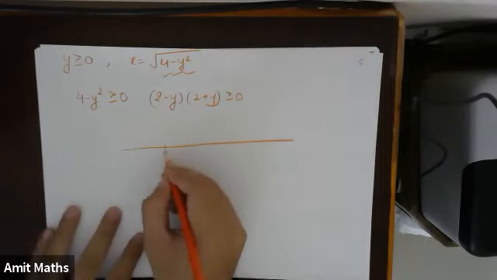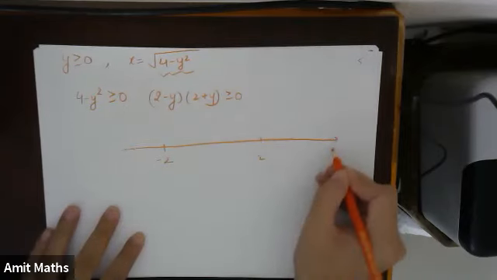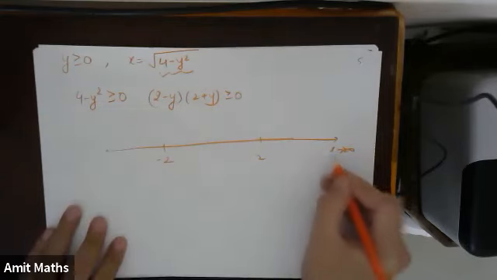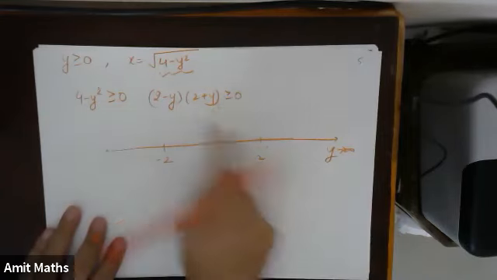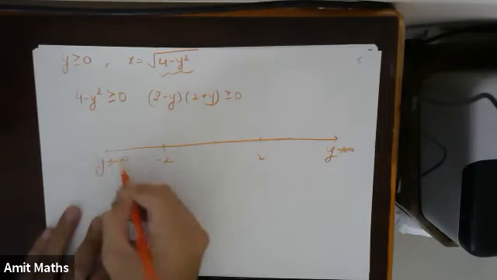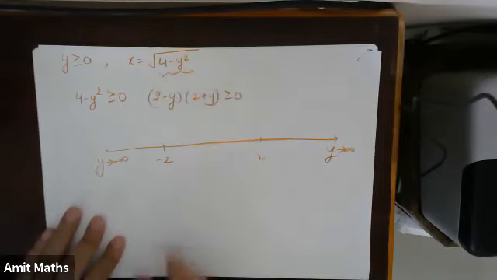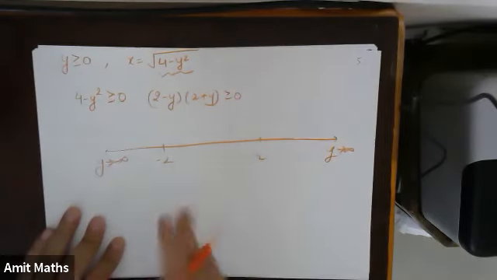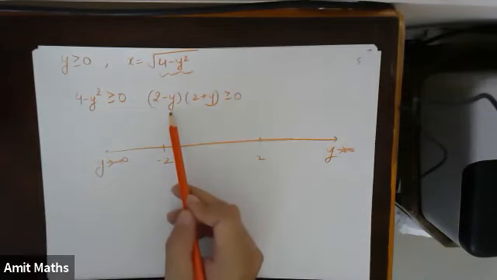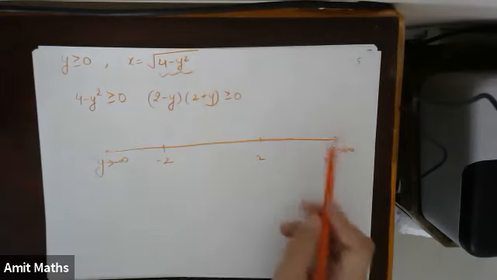So I'll just plot them on the number line. This is minus 2, this is 2, this is x tending to infinity. This part is, because we are taking in terms of y, y tending to infinity, and this is y tending to minus infinity. Don't think that this should not be horizontal, this is vertical. These are just names. I can write this y as k, x, z, whatever, and plot it as a number line. Okay, fine.